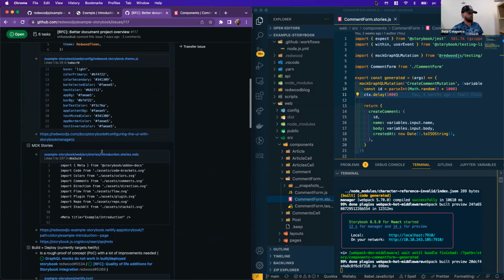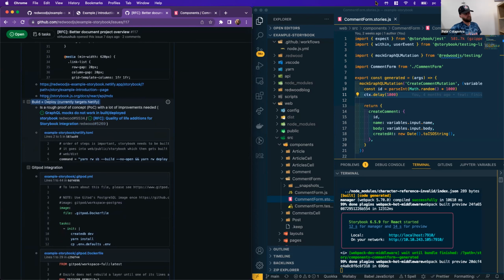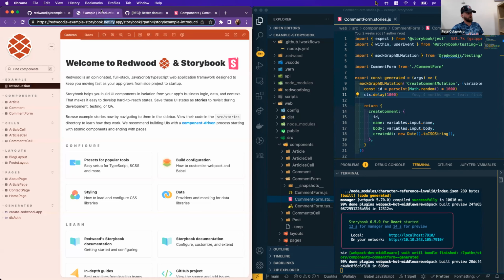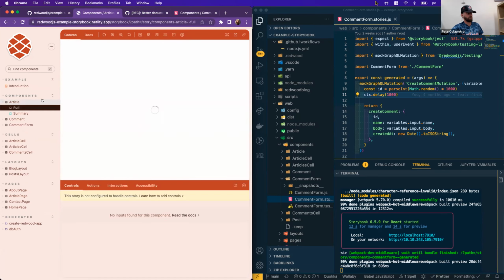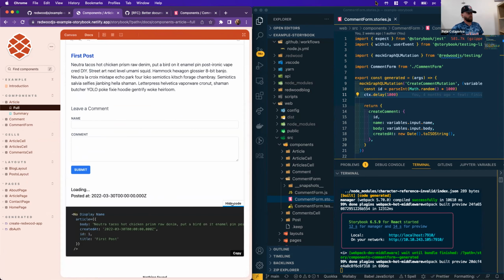So I thought I had this ordered better from top to bottom, but no worries. One thing I wanted to highlight here is this example repository shows how you might want to build and deploy to Netlify. Something to call out is that this is still a proof of concept. There are some things that we want to work through on the Redwood side to better integrate with Storybook. So this is its final product. It's out there. It looks pretty good, but something to note is things that you might expect to work